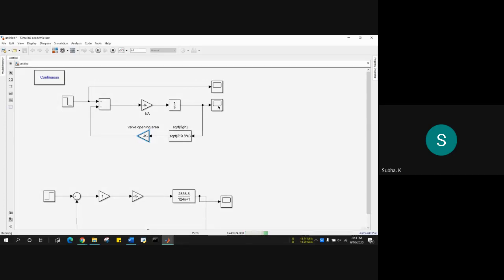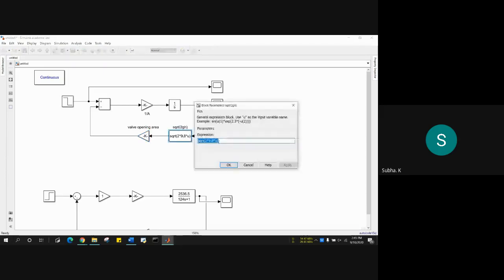U value, have you given 1.2? Don't keep it as U. Which one, ma'am? Then how will it learn? That square SQRT2 into 9.8 into U you have put. No, it will not understand what is U. You give it to be 1.2. Okay. The rest also, whatever things he is doing, you do. And make corrections if you're not understanding.